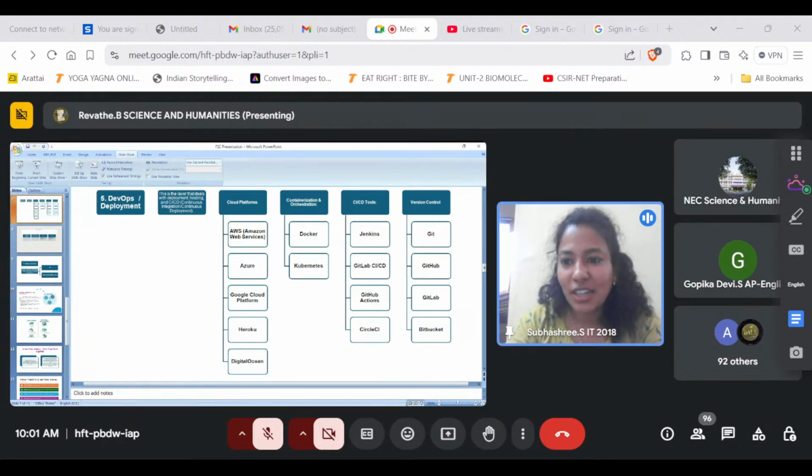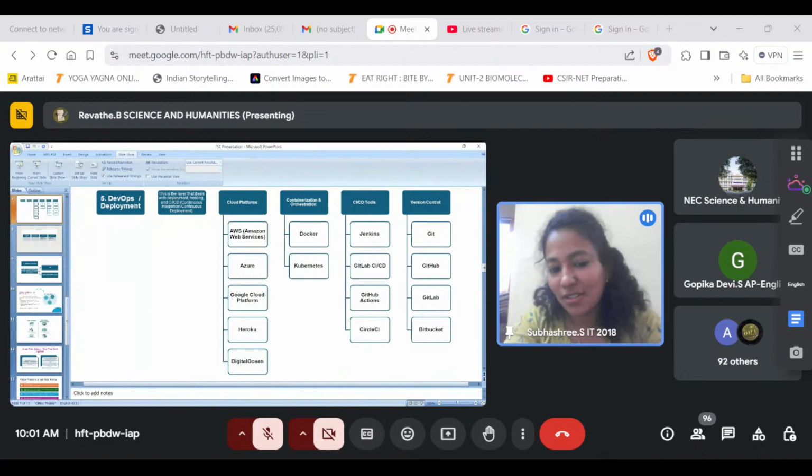As you all know, the phases of DevOps, right? Code, test, release, deployment, operate, monitor, and plan. The complete phases of DevOps. Here, the development and operation team work together to deliver the development. So in DevOps, it holds the cloud platforms and the tools, the version tool. Guys, you can see here,